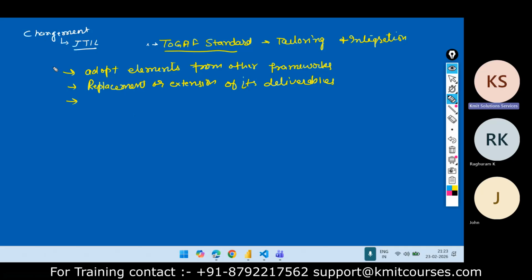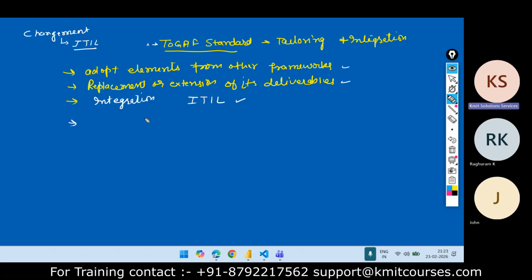That is allowed. Okay, so integration is allowed. So far we were talking about the tailoring. Now integration. Integration is allowed. So if you want ITIL or some other standard frameworks, you want to integrate with TOGAF, that is allowed.